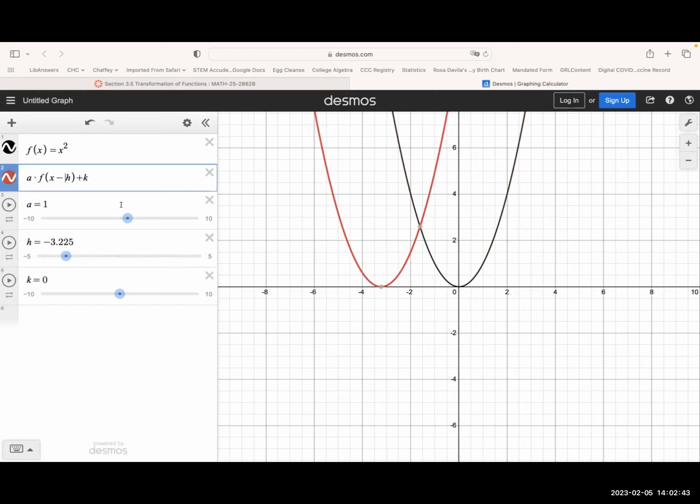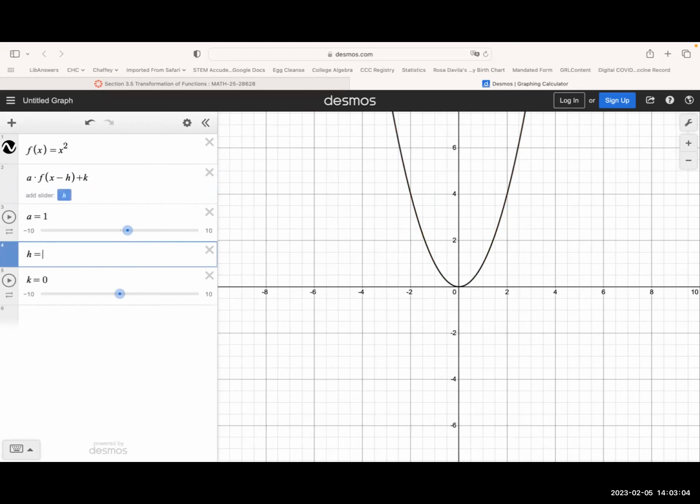So if we have h equaling -3.5, it's actually shifting our graph to the left. So negative, positive, positive, negative. It's shifting it to the left. It keeps the same sign if you keep this part negative. So h shifts our graph from left to right. Let's zero this out and see what happens